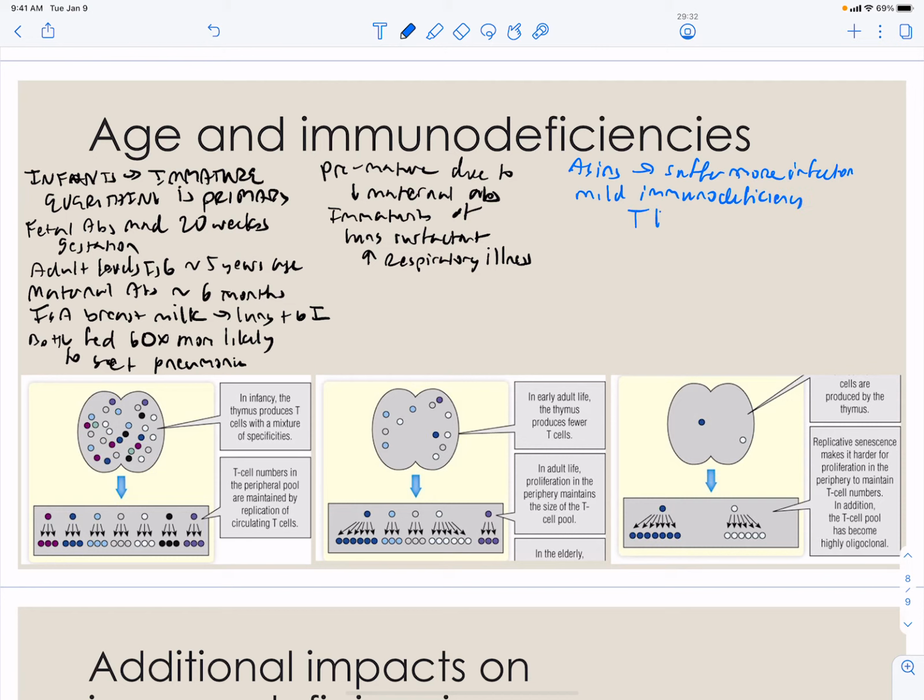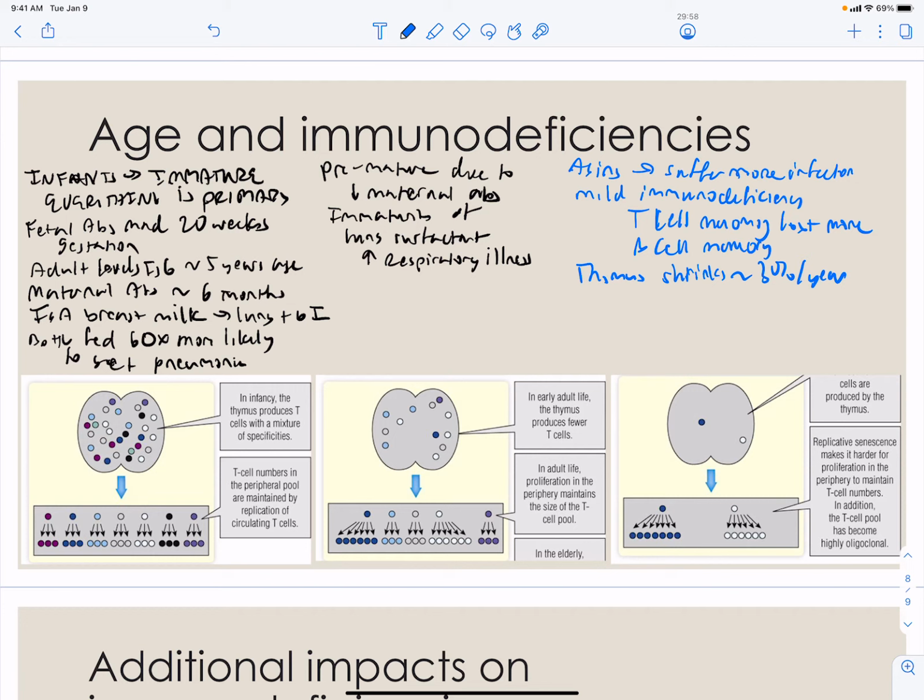Your T cell memory is lost more than B cells. And then your thymus shrinks approximately 3% per year